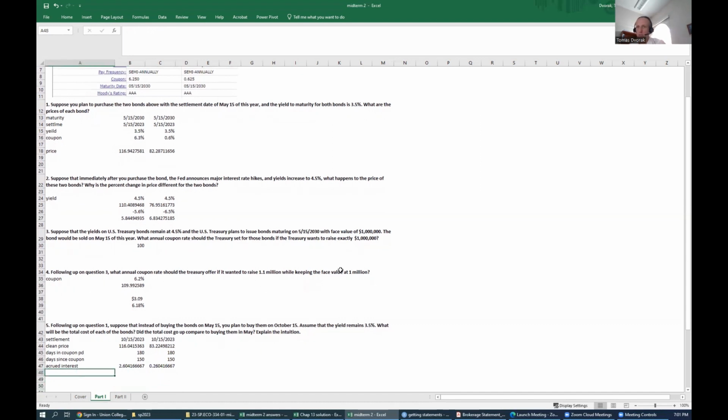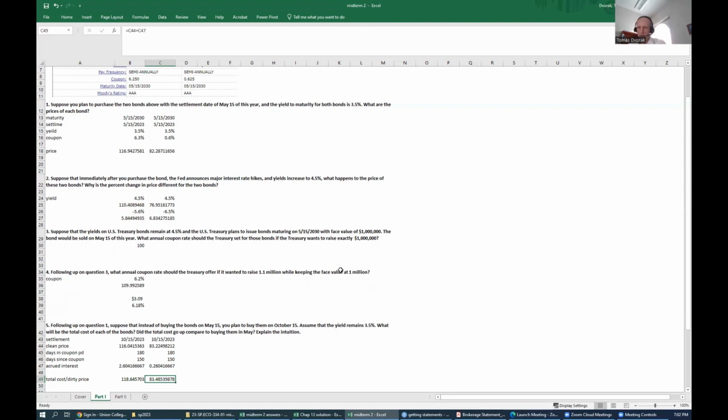The total cost or dirty price is equal to the clean price plus the accrued interest, 118 for the high coupon bond and 83. So obviously the price went up for both of these. Why did it go up? Because